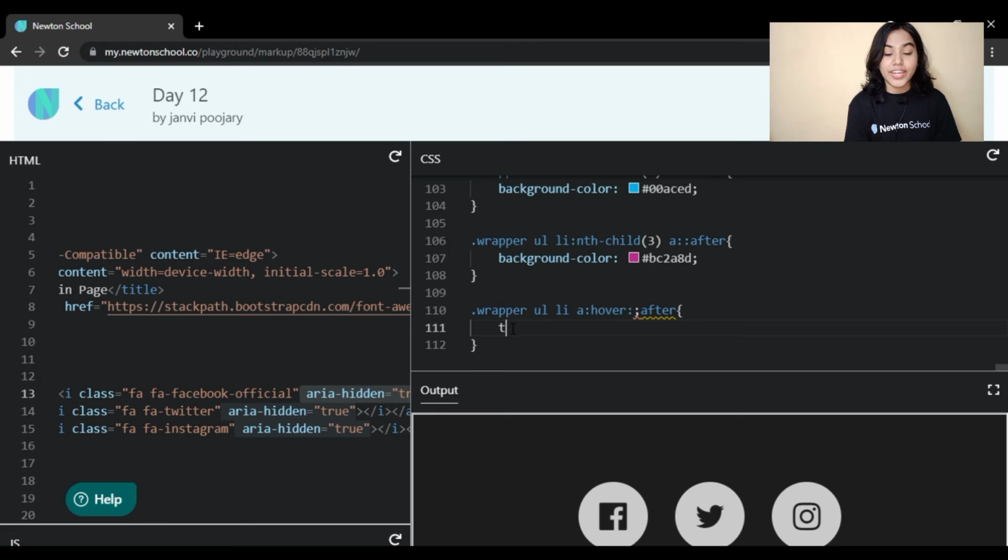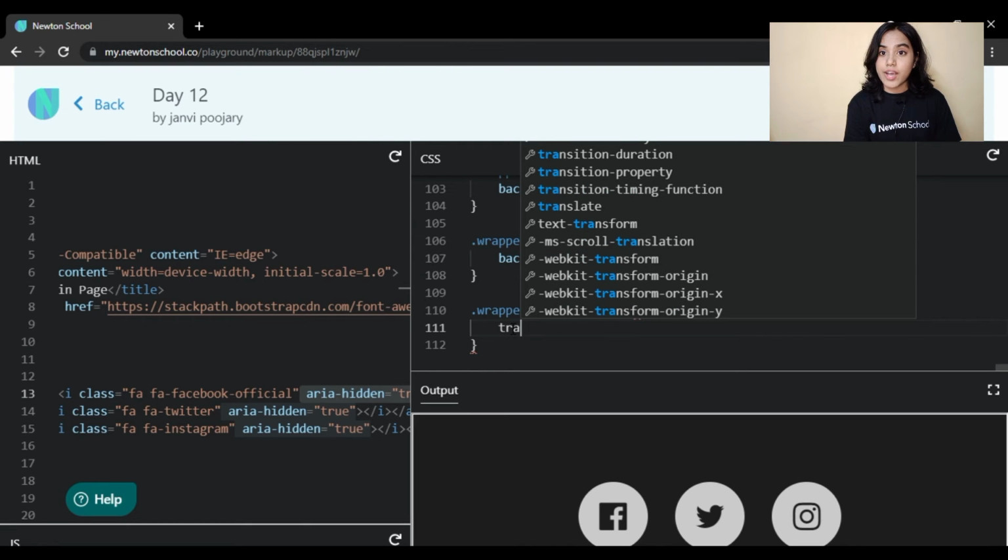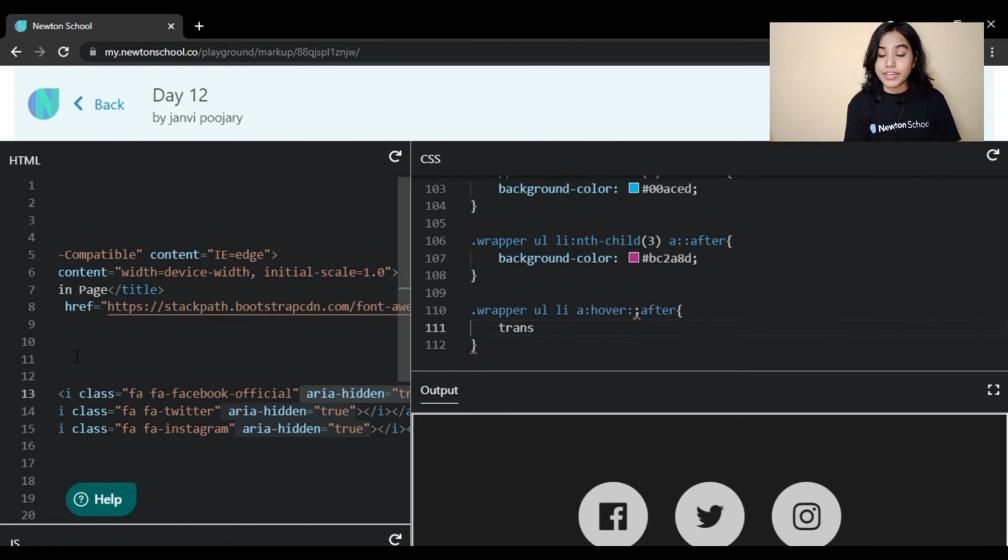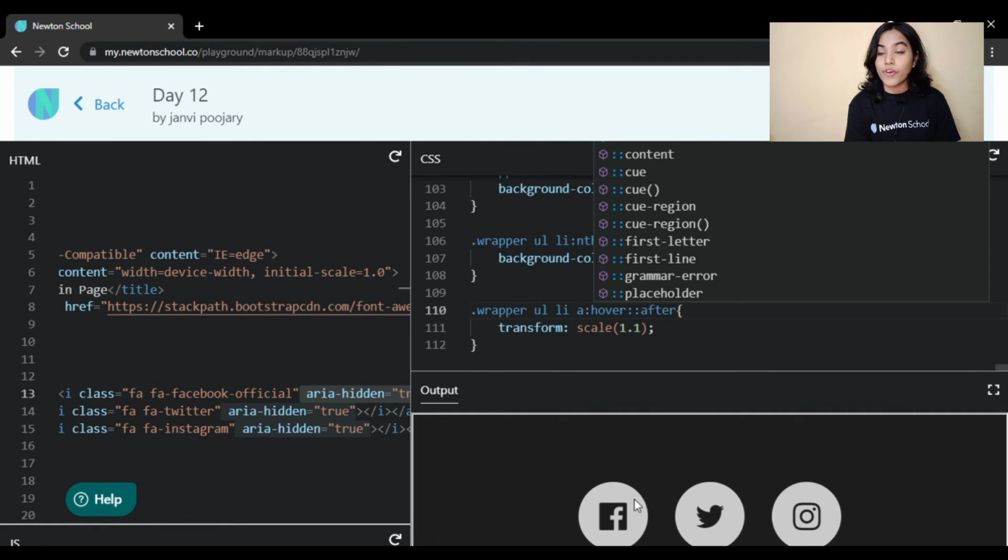Remember how we did that nth child thing? We targeted all the children differently, and then we said that their background color should change. Children inside the LIs, and we targeted them differently using nth child, so that we can change all of their background colors whenever somebody hovers on them individually. Do you remember that? Similarly, we have to do this with after as well.